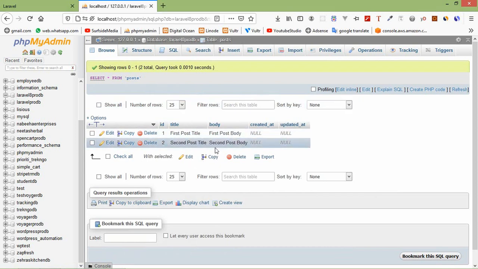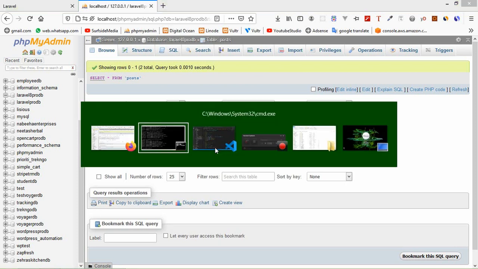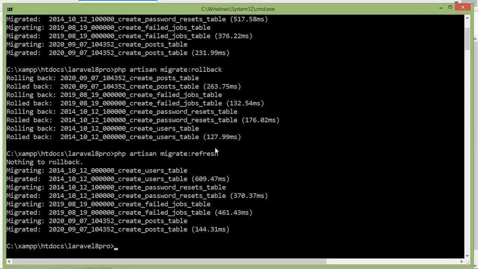All right, okay, now execute the migrate refresh command. So switch to the command prompt and just write here php artisan migrate:refresh. Okay, now press enter.